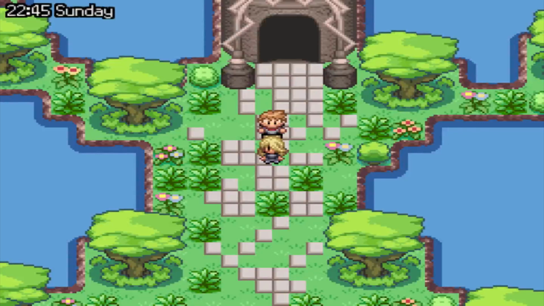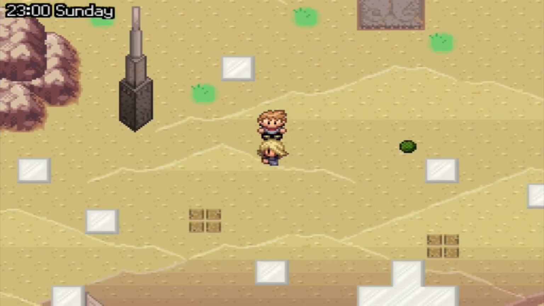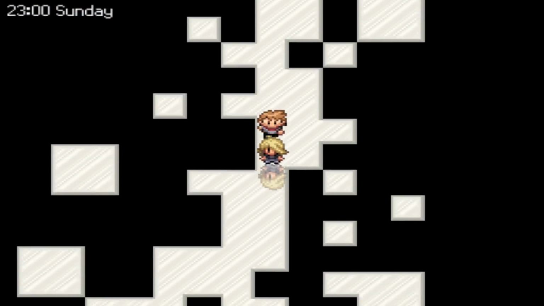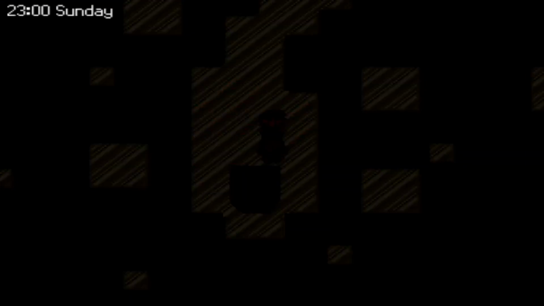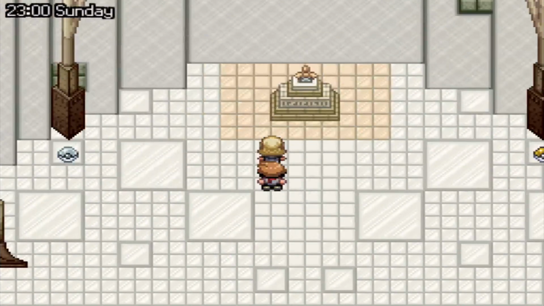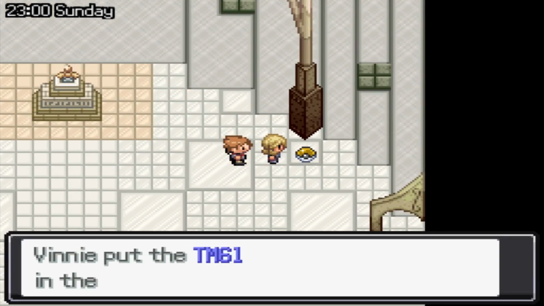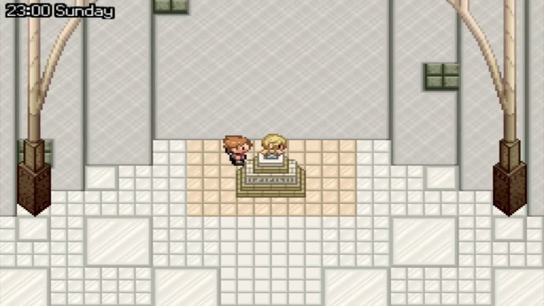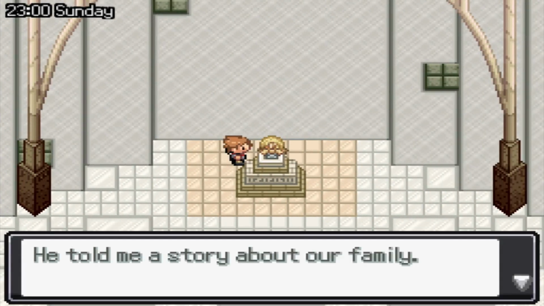we will finally enter an area that is very similar to the desert outside of the tower. It's not. And if we go south, we can kind of see that. So we want to continue to make our way down south, and eventually we will enter this area right here. From here, we can go ahead and grab the TM for Will-O-Wisp, and we can go ahead and grab the Normalium-Z. We can also go ahead and...